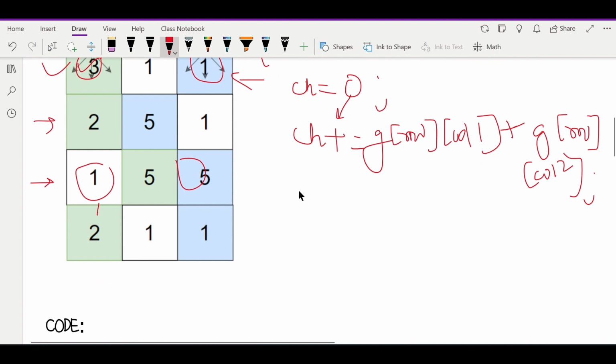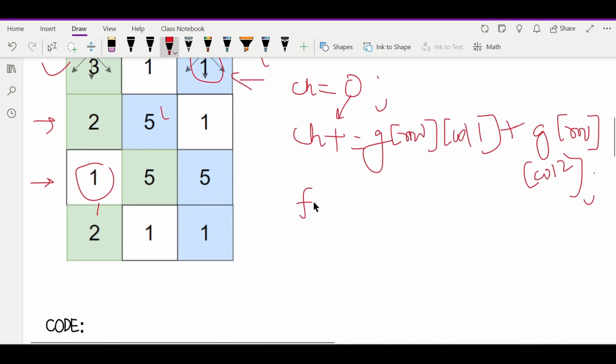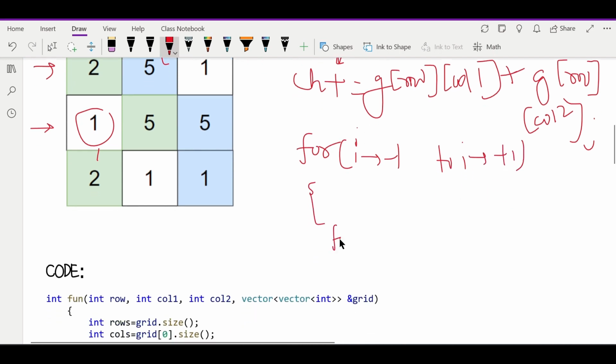Then I have to take the maximum, and I have to make a move. I have to further call this function for the next possible movements. And what are the possible movements? 3 for every cell, right. 3 possible movements for both the robots. So I'll do one thing: iterate a loop for i from -1 to i plus 1, and inside that again iterate a loop for j from -1 to j plus 1,